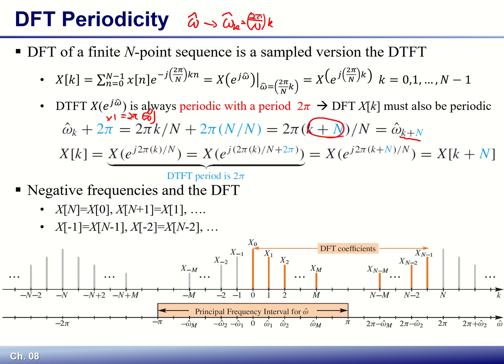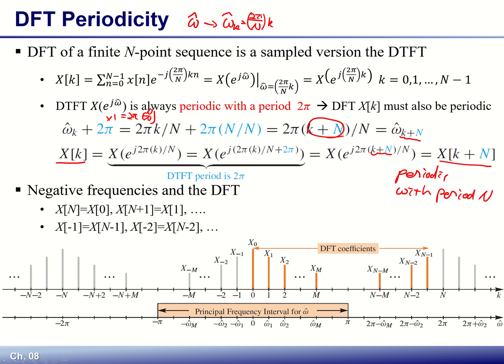It means X[k plus N], so it's periodic with period